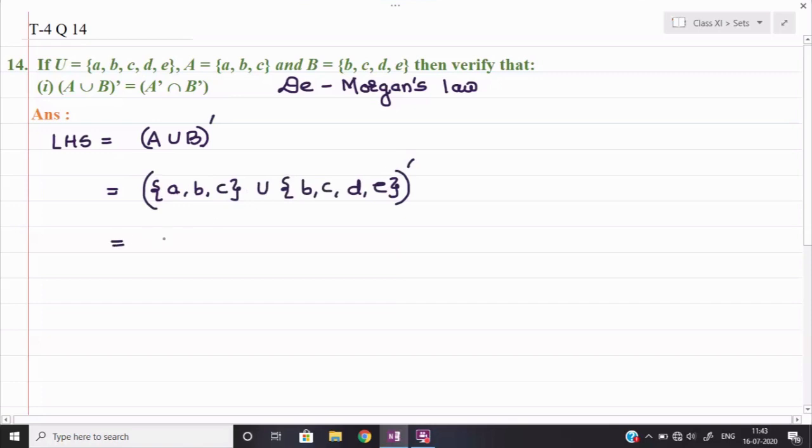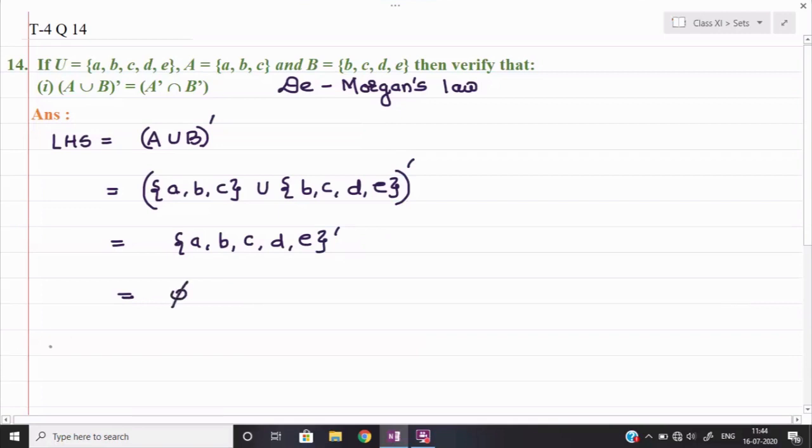Now first inside we shall find out their union. So A comma B comma C I will write down as it is, and from the second set I will write down those elements which have not been written until now. So B comma C already mentioned, I will write down now D comma E, and now I will find out its complement, because complement is applicable. So from the set U, A, B, C, D, E, all these elements I subtract from U, then who remains? Because all these are equal to U itself. So we can say that here LHS will remain equal to the empty set.